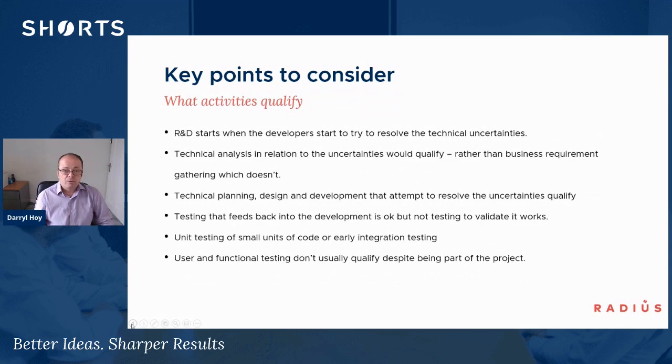So all of these start, in terms of the activities with developers, when those developers start to resolve the technical uncertainties. So technical analysis in relation to these technical uncertainties would qualify, but not the business requirement gathering that often goes on before the project starts. Technical planning, design and development that attempts to resolve uncertainties would all qualify, and the testing that feeds back into development, but not user